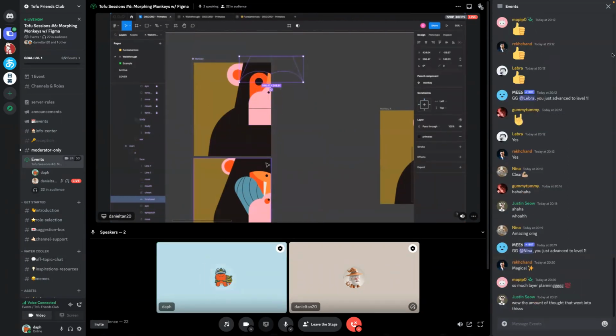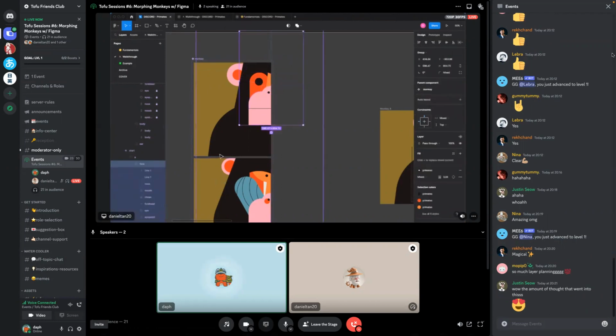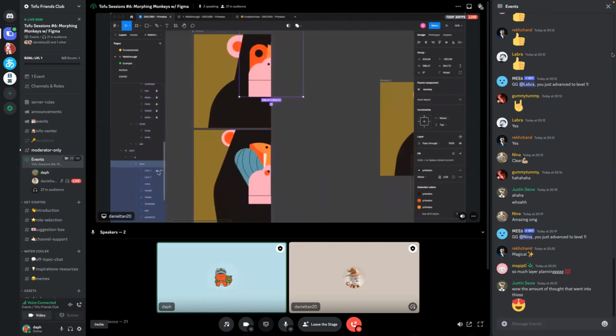Meaning that sometimes layers might appear to be hidden or outside a frame or mask, but what's very important is that you make sure all of the layers that exist in the first variant also exist in the second variant, and that their sequences and their naming are the same. So that then definitely your work